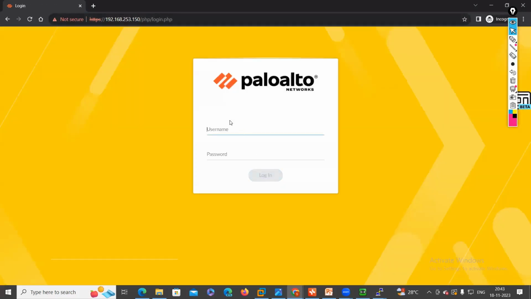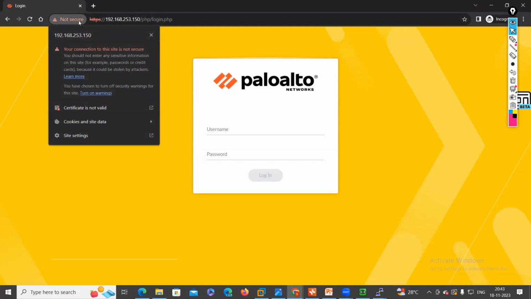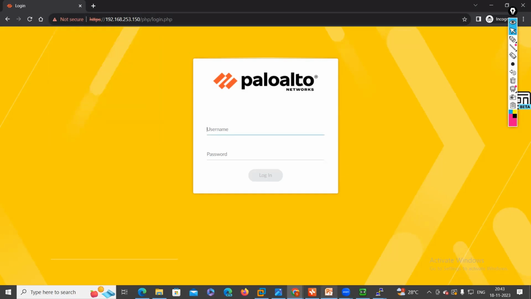Here you can see I just typed HTTP, not HTTPS, right? If I type HTTPS first, it will provide a warning message, a certificate error. We don't have a proper SSL certificate, so you will get a warning, and then you proceed as unsafe. Then you will get a console, right? But now I'm not getting any warning because I'm not using HTTPS services. I used plain text communication, HTTP services, and I directly accessed the console. Okay, so